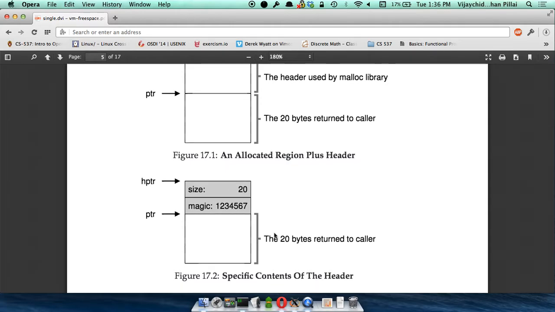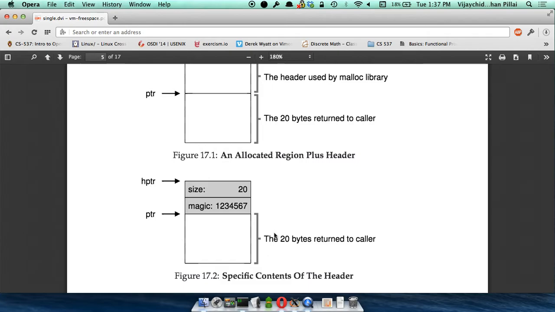So this is a chunk of memory that you have allocated. This is where the pointer that you will be returning to the user points. Remember that they can overwrite the memory at the pointer with anything. If you return a pointer to the header, your whole entry is going to be cleared off by the user. This is a bug that you might run into fairly easily. So make sure you're returning a pointer to the chunk of memory that they can use, and it should be a size at least what they expect, right?